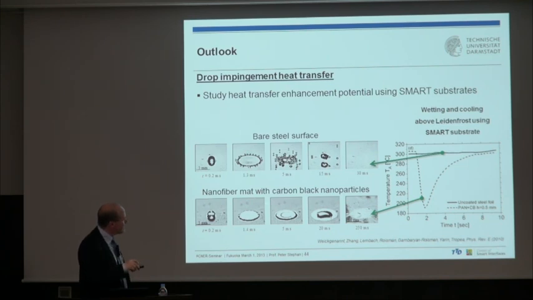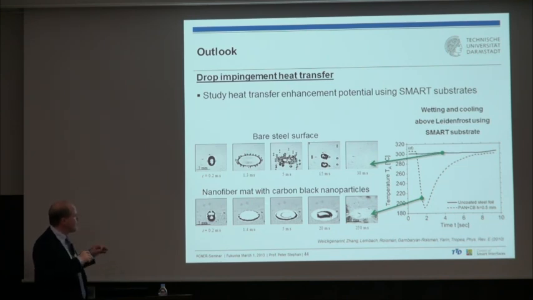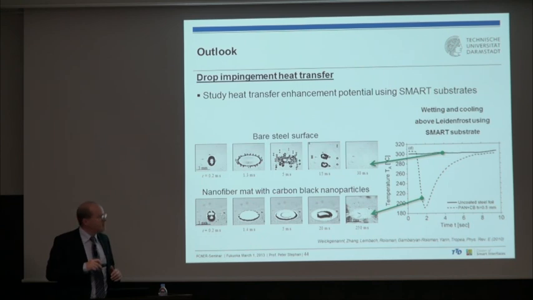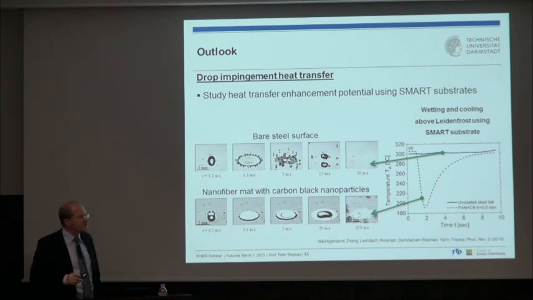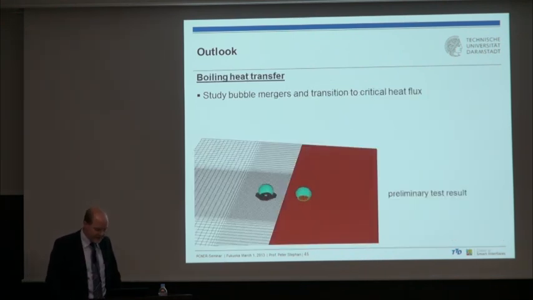And with the help of Alex Yavin, he developed a method to produce some nanofibers with black carbon nanoparticles inside and cover the steel with that. And when the droplet hits this type of steel covered with the nanofibers, it penetrates into the nanostructure, it wets the nanostructure, and it does not splash. So even though the initial temperature is basically the same, it penetrates the wall, you have strong evaporation from the wall, and even though the initial temperature is above Leidenfrost, we can cool the wall with this kind of smart interface. So that's a preliminary result with a smart interface for cooling techniques.